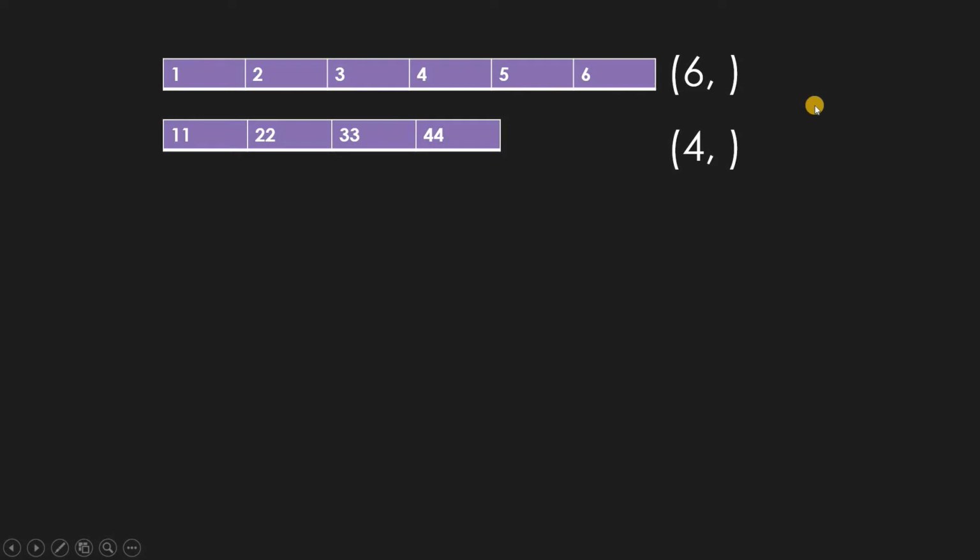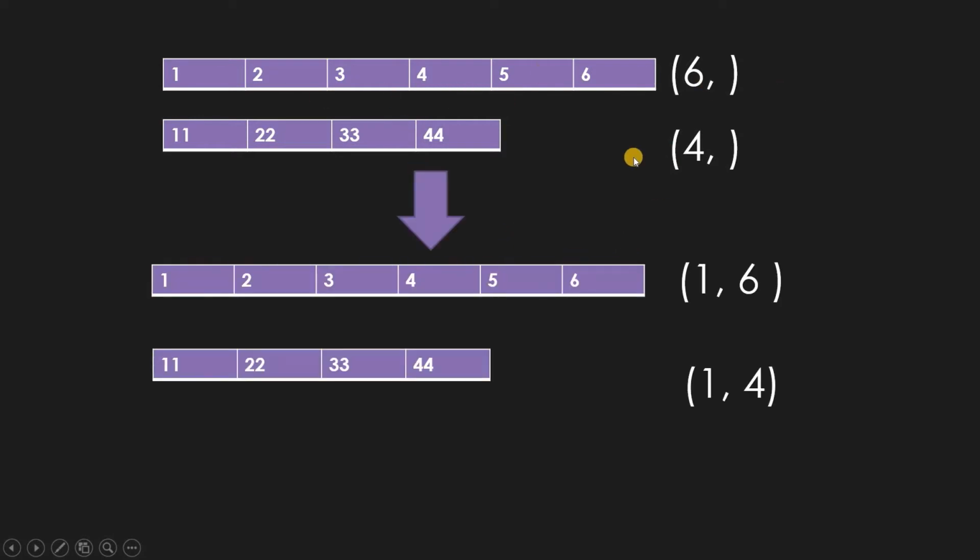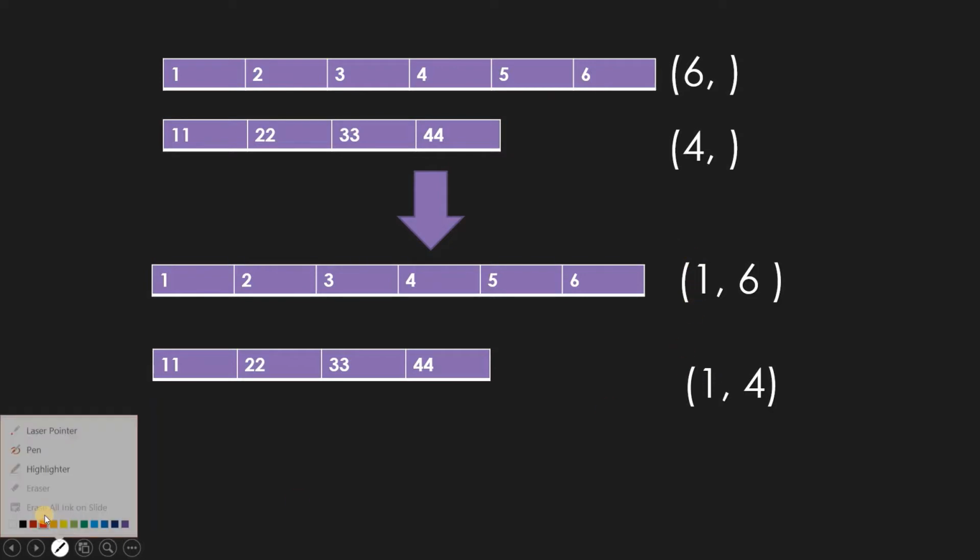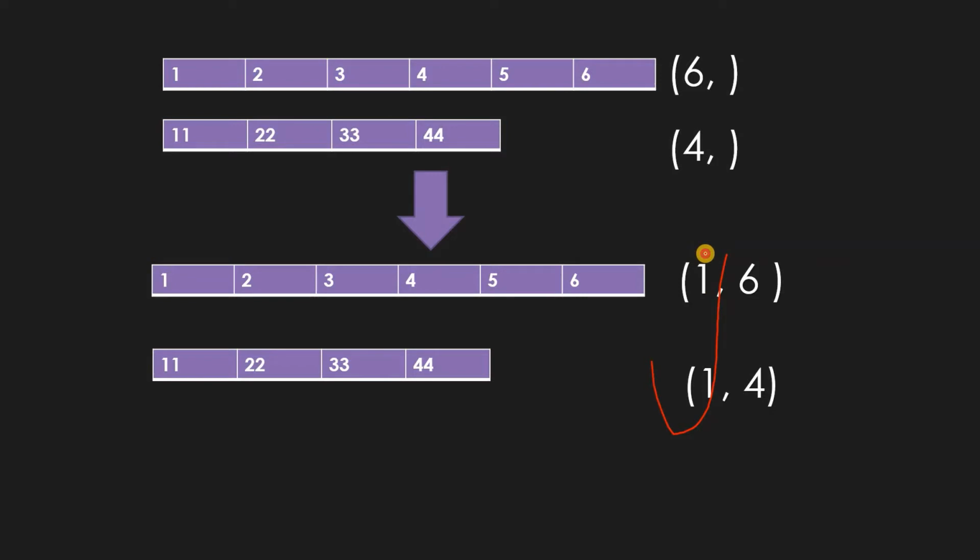Suppose you have these two arrays, which we saw in PyCharm. For using the vstack function, it converts them into 2D arrays. If you convert this 1D array into a 2D array, the shape will be 1 comma 6, because there is one row and 6 columns. In the same way, there is one row and 4 columns. So this is the shape now. If you try to concatenate using vstack along axis 0, the shape need not be the same along this axis, which is 1 comma 1. I'll use a pen. Along the 0 axis, which is this axis, the shape is the same. But along axis 1, the shape should be the same, that is, 6 should be equal to 4, but they are not the same.